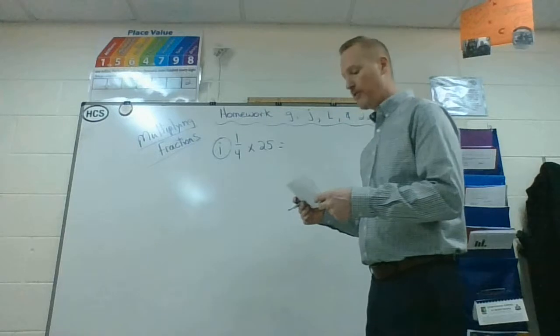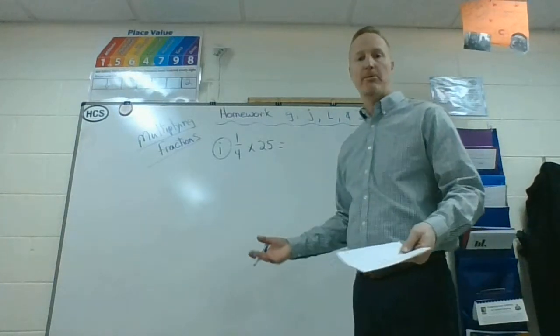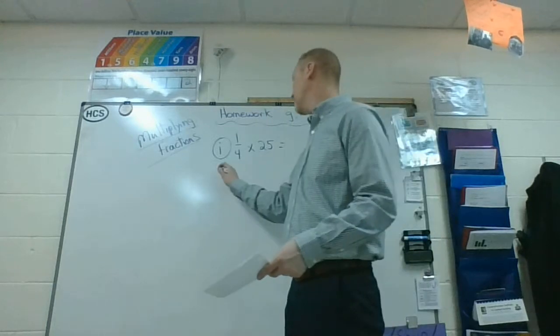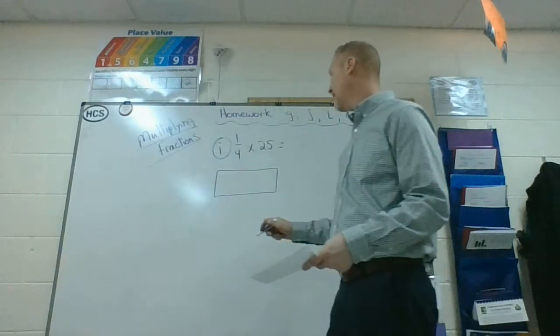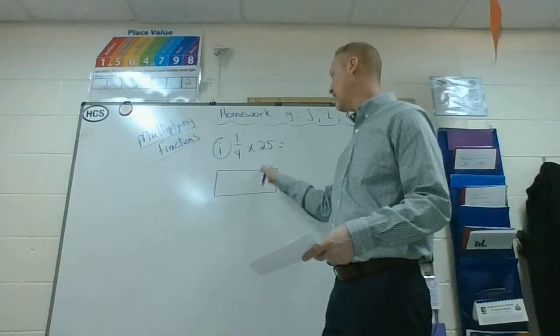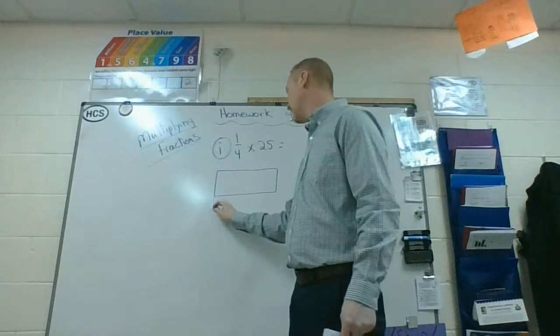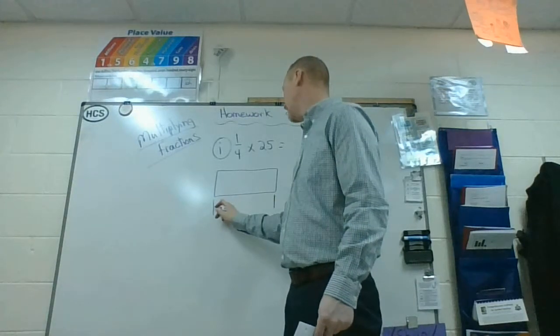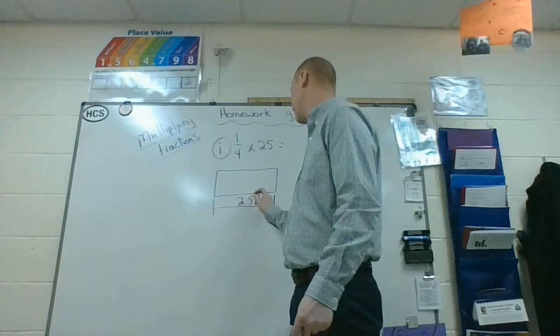Step 1 for this problem is to draw what's called a tape diagram, but I call it a candy bar. So I say draw the candy bar. It's just a rectangle that they draw underneath the problem. And we name the candy bar how much it is. So that's 25. The candy bar is the whole number, which is 25. So we're saying this candy bar is worth 25,